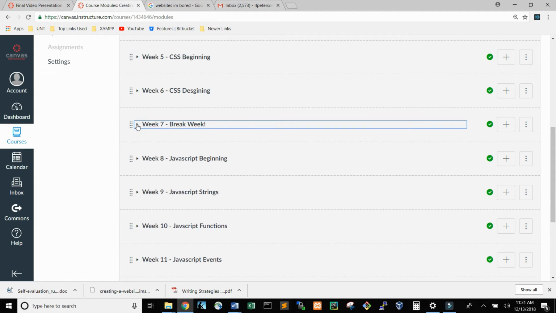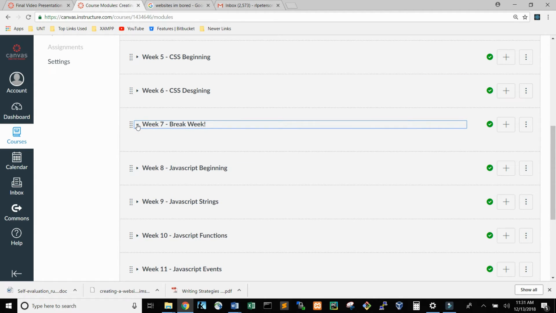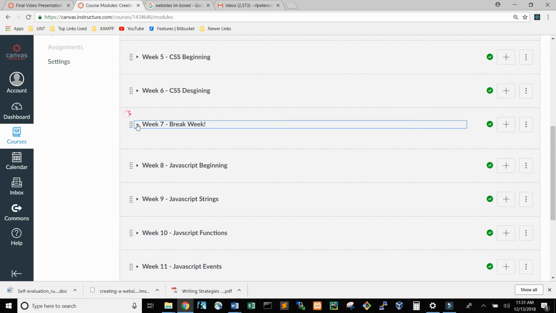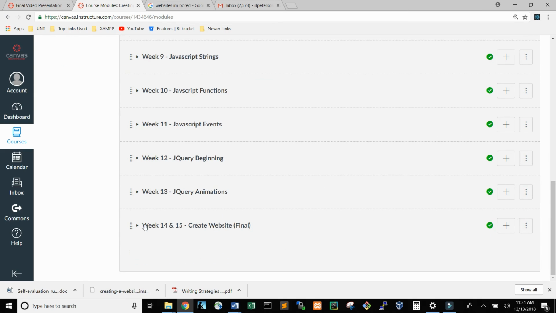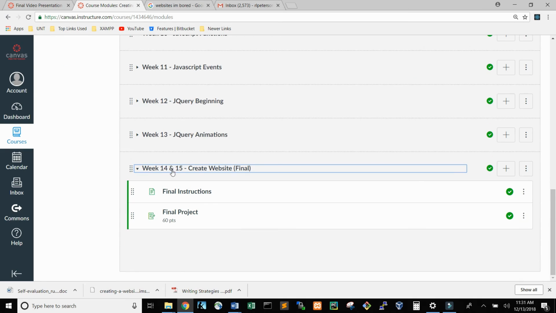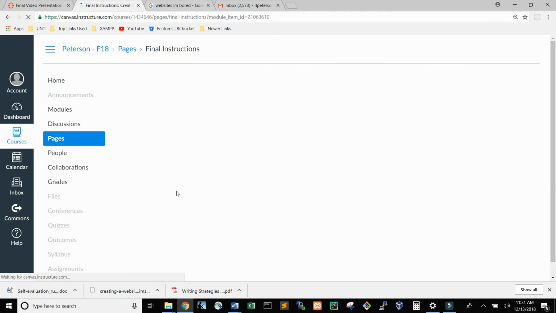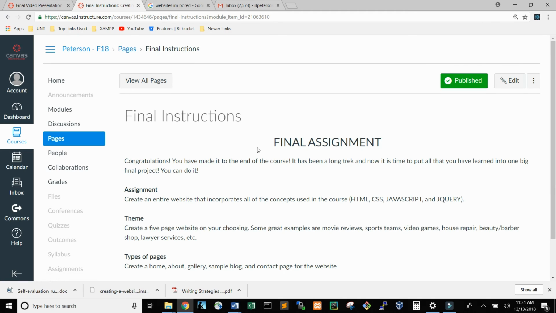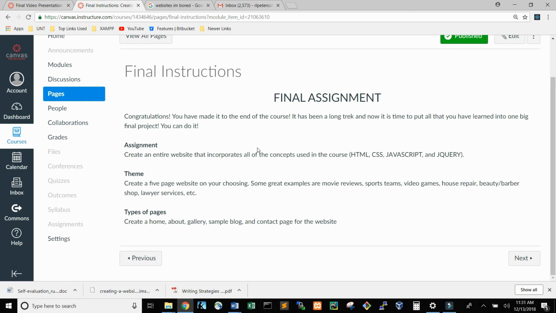Week 7 has a break week, so there is nothing to do that week. This is for, let's say, spring break if they're taking it in the spring, or the Thanksgiving break if they're taking it in the fall. The last week has all the final instructions and a final project. Here, this is where the student takes all the information that they have